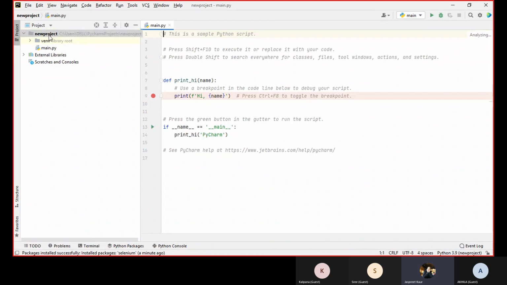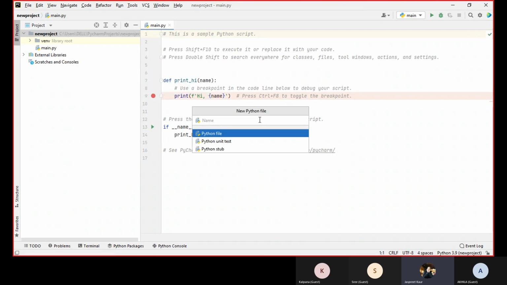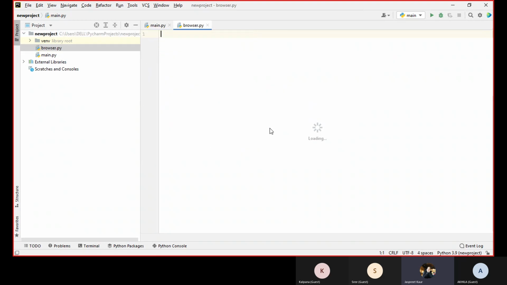When we start automating some browser, I will be required to make a small code which I can run as many times as I want, not just from this IDE, not just from PyCharm. Might be I need to run it from command prompt also, right?